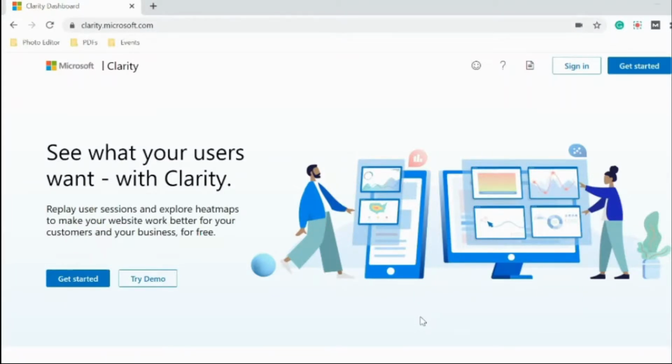Hello everyone. So today we will be discussing Microsoft Clarity. We will be observing how we can implement it on our website to get valuable information about the visitors and their actions. So for that, what we'll be doing is going to the Microsoft Clarity website,